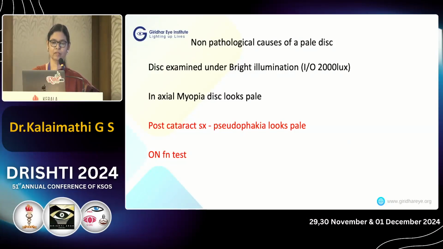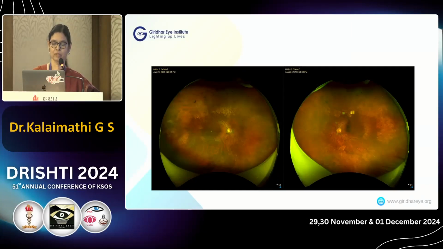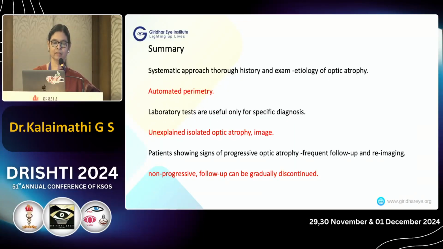Coming to the non-pathological causes of pale disc, if you examine the optic disc with bright illumination like indirect, the disc might look pale, and in case of progressive myopia, the disc may appear very pale, and a pseudophakic disc also appears very pale. So to summarize, through a systematic approach with history and examination, we can come to the etiology of